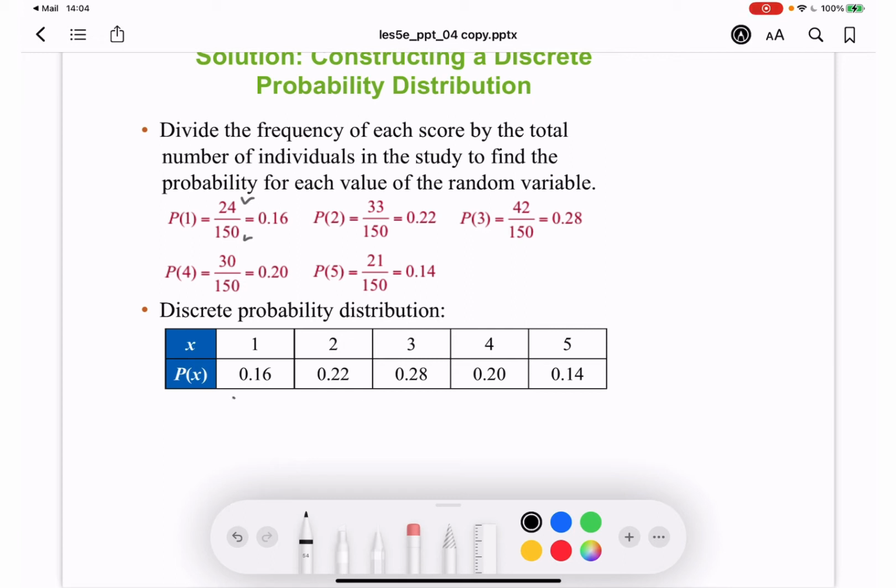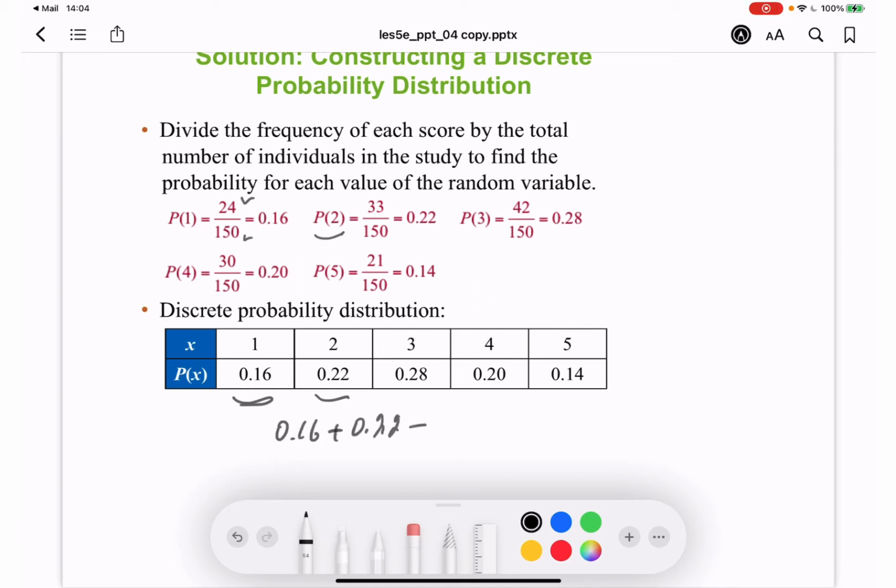We get 0.16 with score 1. Accordingly, with score 2, 33 people were scored with 2. So if we divide by 150, we get this much. And the rest, if we add all together,